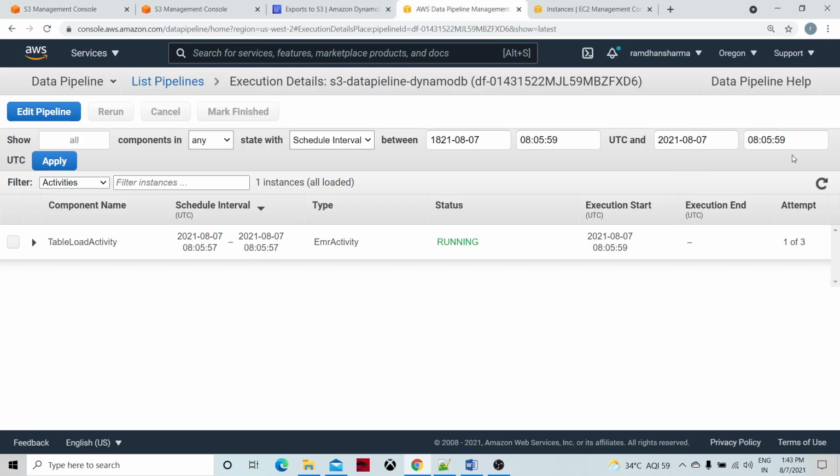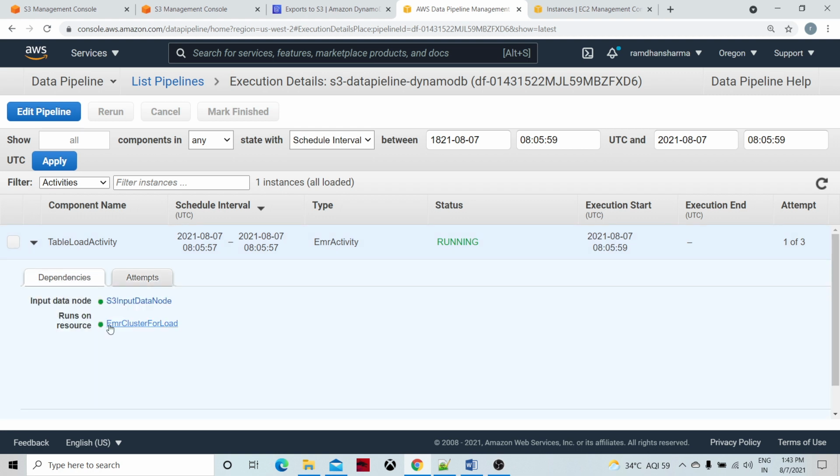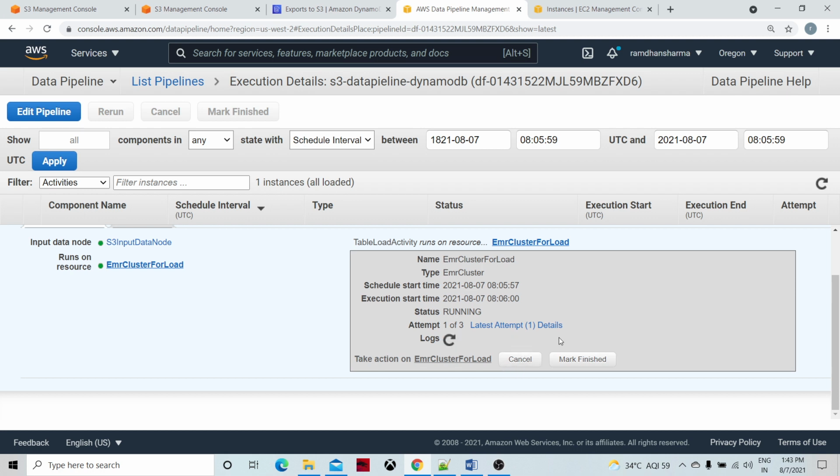What is there? See, it is in running state, guys. If you look at the logs, logs still are not available. I think it's just started.